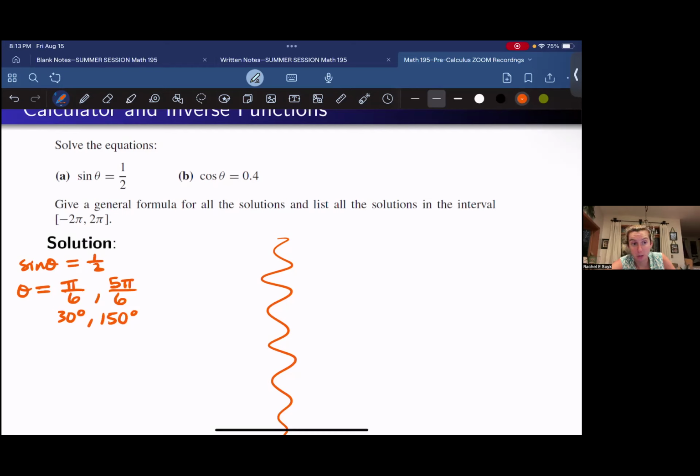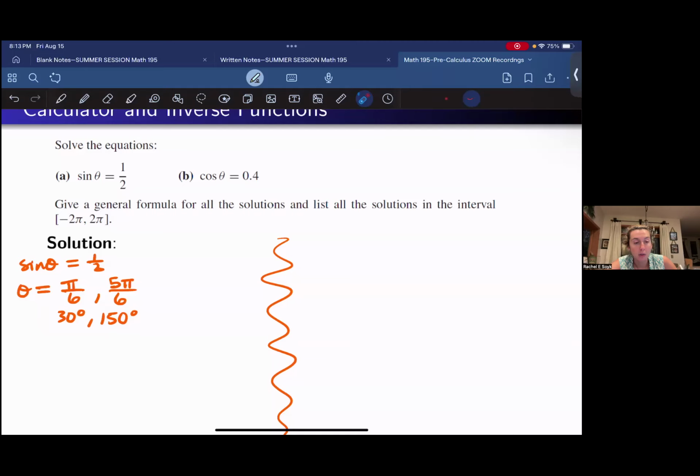It's from negative 2 pi to 2 pi. So we're actually not adding that interval of 2 pi, we're subtracting. And so pi over 6 minus 2 pi gives you that negative 7 pi over 6, also known as negative 210 degrees. And then we want to look at 5 pi over 6 minus 2 pi